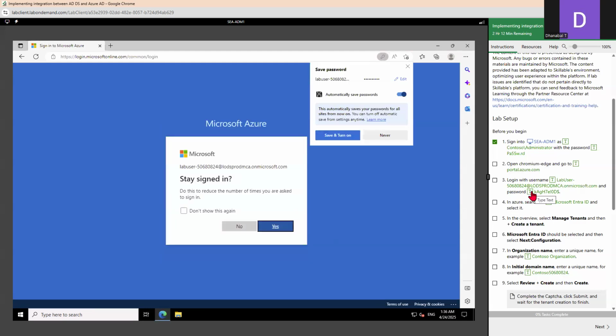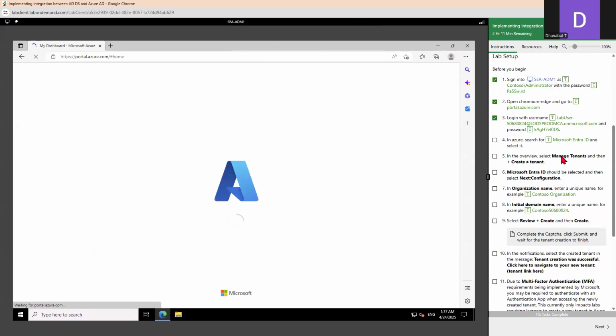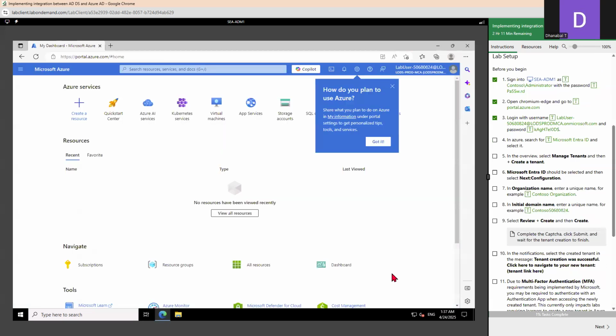As usual, you can use this copy to clipboard option to copy and paste. Meanwhile, the moment you complete some step, you can check that box so that you can track what you have